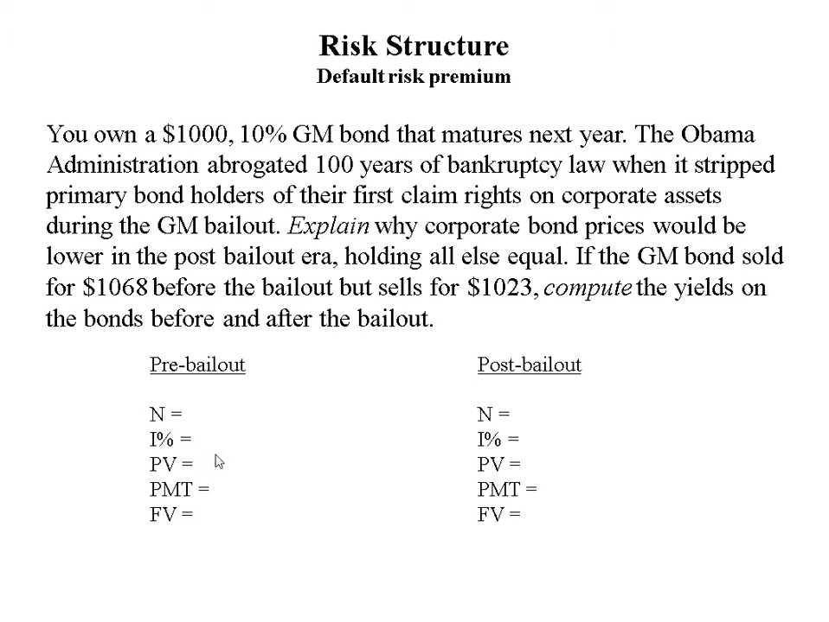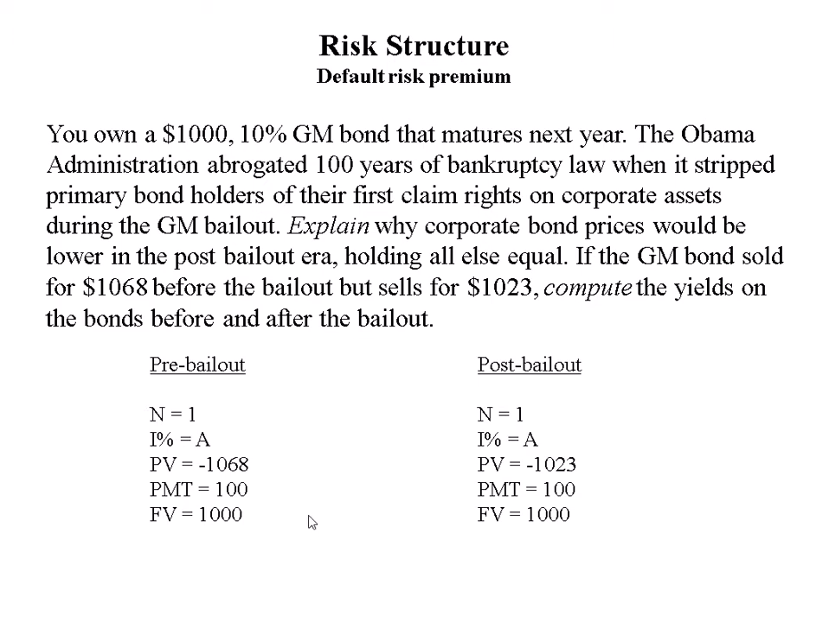So we can use Excel. The number of periods in both cases is 1. The face value of these bonds is $1,000. The payment is $100 because they're 10% bonds. And then I gave the price as 1068 and 1023. Now when you plug this into Excel,